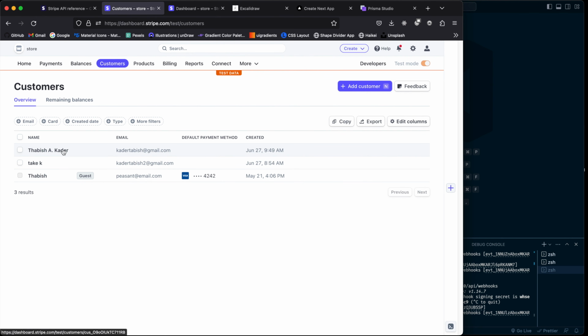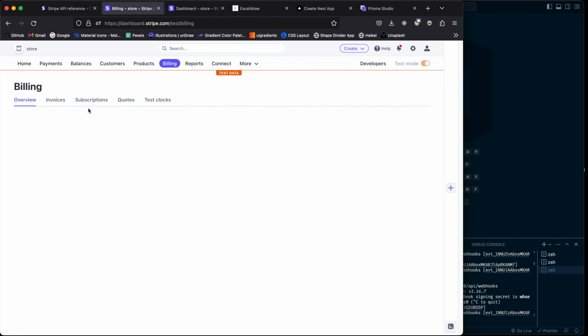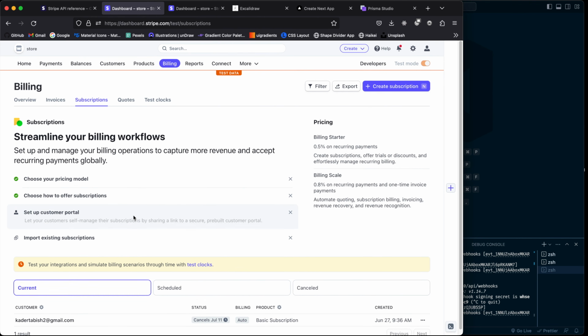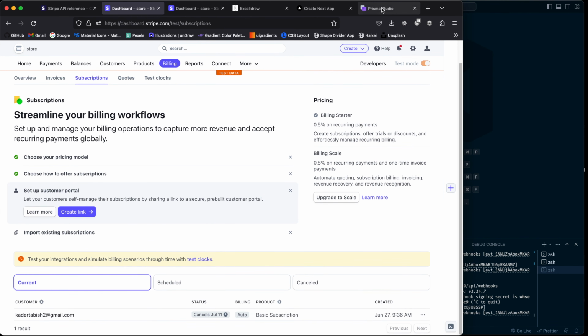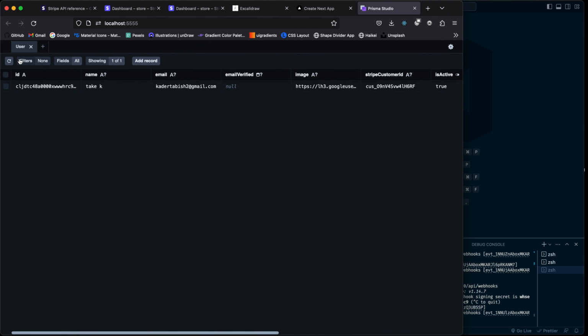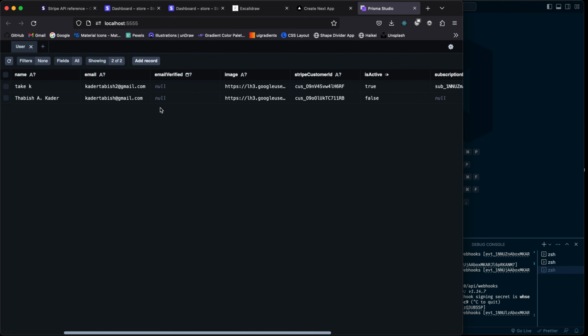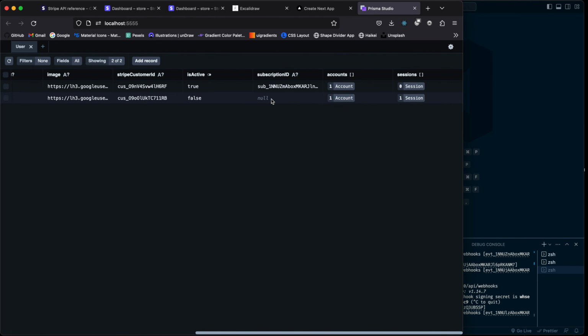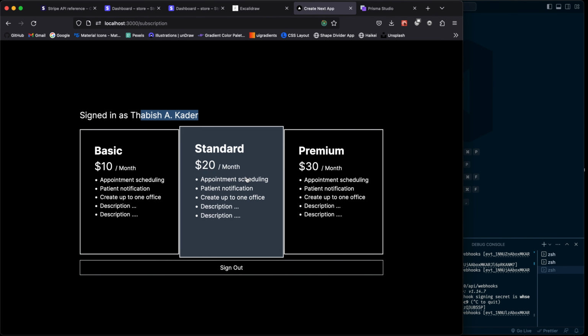okay, so as you can see, the new customer is created. But if I go to billing and subscription, he's not subscribed yet. And let me go to my Prisma Studio, refresh this. This is the new user. And if I go here, he's not active because he's not yet clicked on any of the subscriptions, and there's no subscription ID as well. So now if I go back here and say premium,